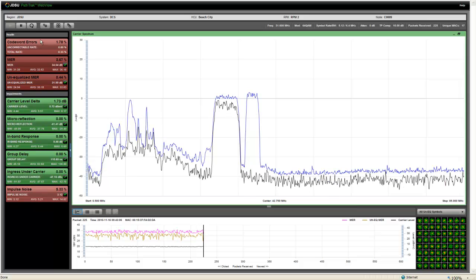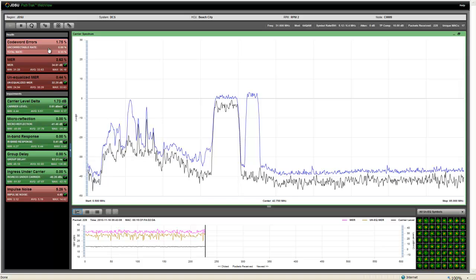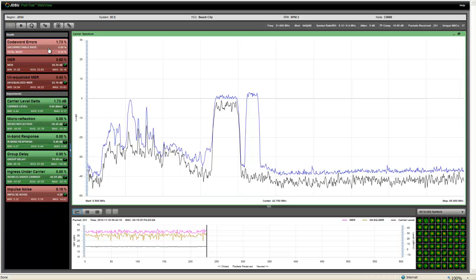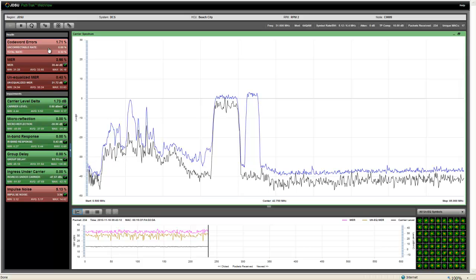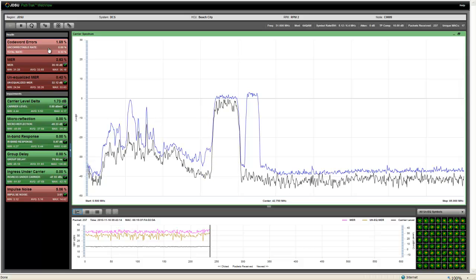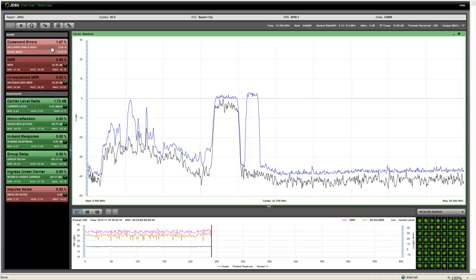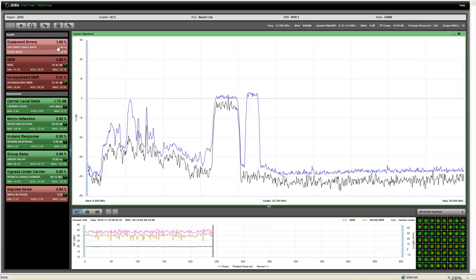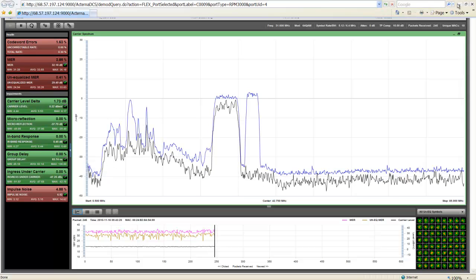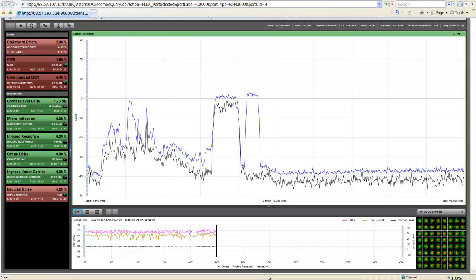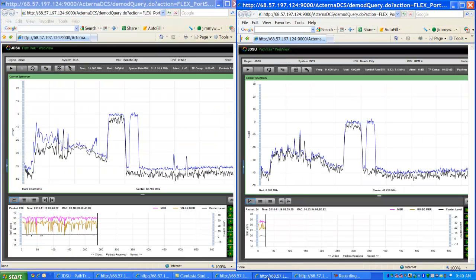Codeword error detection is critical because it allows you to know and not guess which impairments are affecting your customers' packets at the data level in real time. This allows you to see if you have correctable or uncorrectable codeword errors on your customers' packets, and if so, why. So to demonstrate this, we will take a look at a couple nodes that have very similar looking spectrum